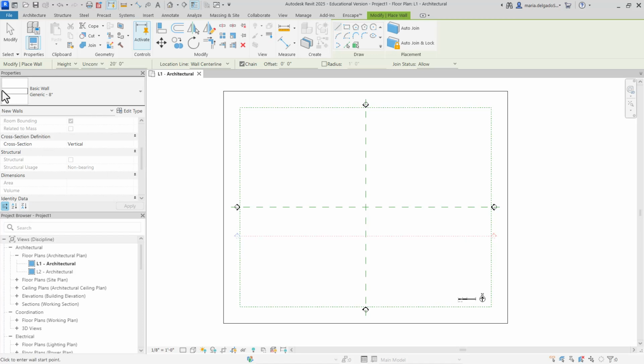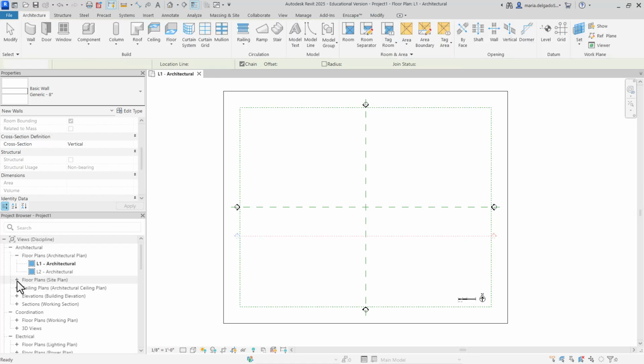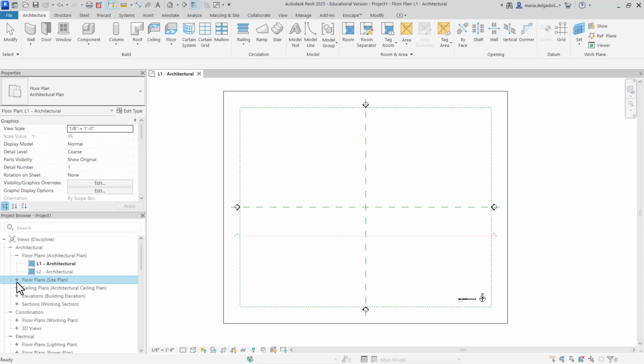In addition to the Properties palette, we also have the Project Browser. In the Project Browser, you're noticing that we have minus and plus signs. If you click on either the minus or the plus sign, it will either hide or show all of the information. These, for example, are different views and drawings that we'll create throughout the semester, and there are also defaults that are set up for you.